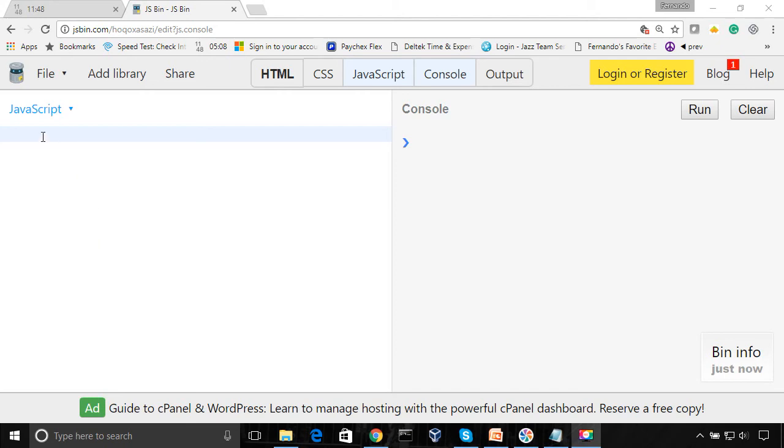But let's not focus on the 6 types of ES6. Let's just focus on the basics. So you have the 5 types. The 5 types are